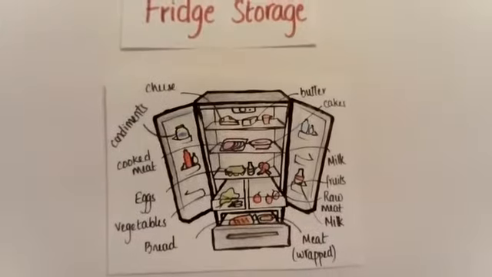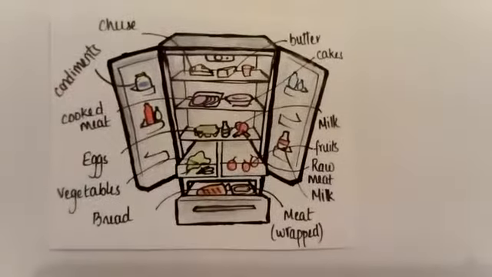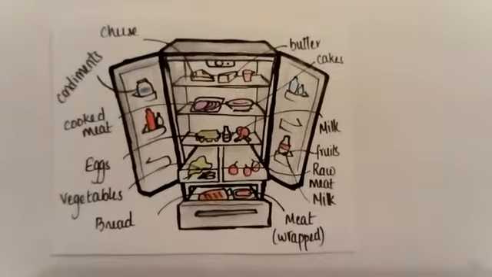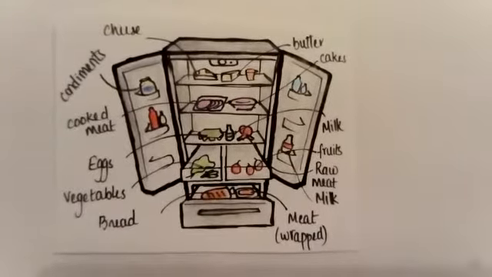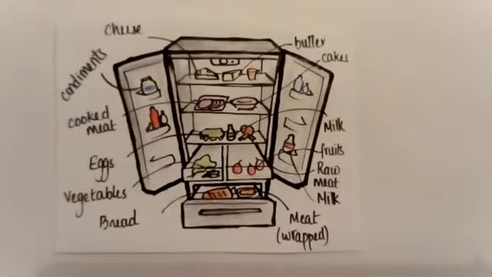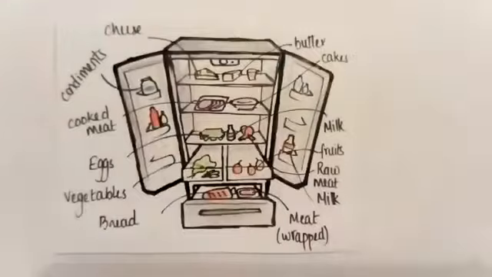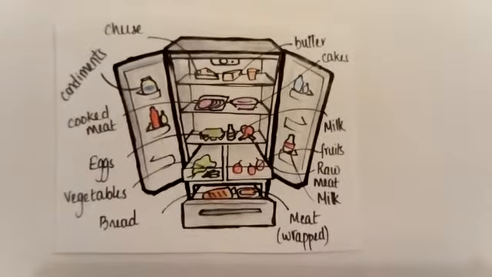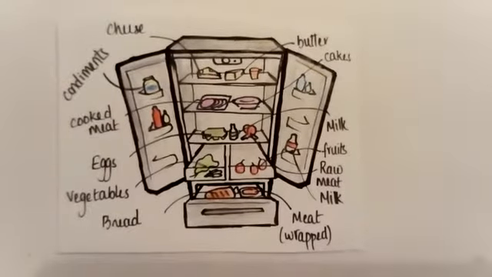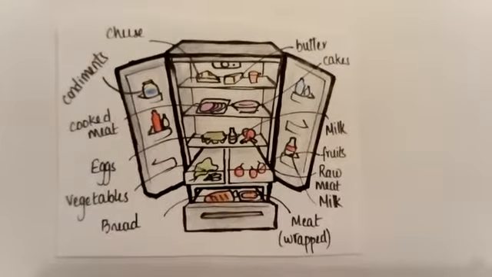Fridge storage. Not only is this for better organization, but also to avoid cross-contamination. On the top shelf, items that should be kept include cheese, butter, cream, milk, etc. Normally dairy products. On the second shelf should be cooked meat, cakes, etc. On the third shelf, again dairy products may be kept, such as eggs and milk, but normally should be raw meat, as raw meat gives out bacterial water or juices that may penetrate down through and hence is not kept